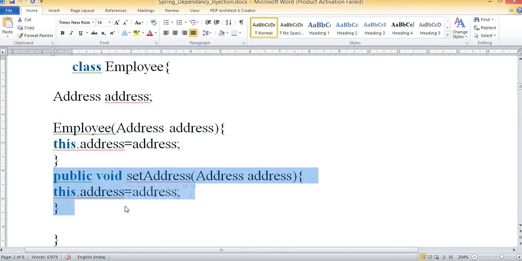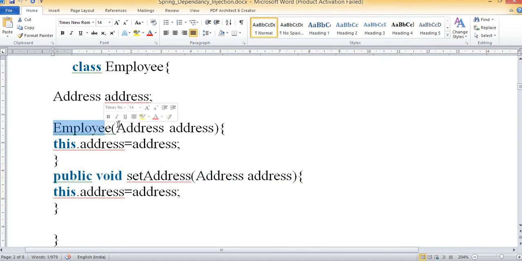When you execute the Employee class, are the Employee constructor and setAddress called by default? Will it be called automatically? No. When you create an instance of Employee and pass some parameter, at that time the constructor is called, or whenever you call the setAddress method. So they do not depend upon each other. Here the Address class does not depend upon the Employee class.